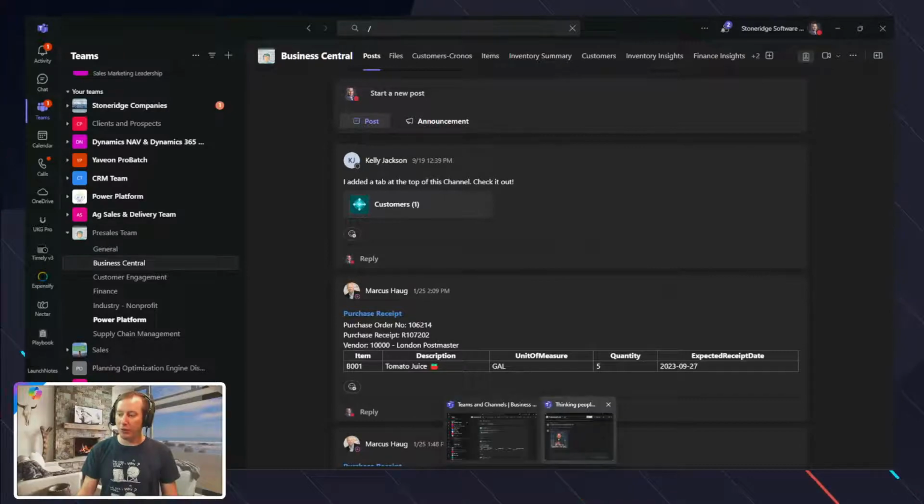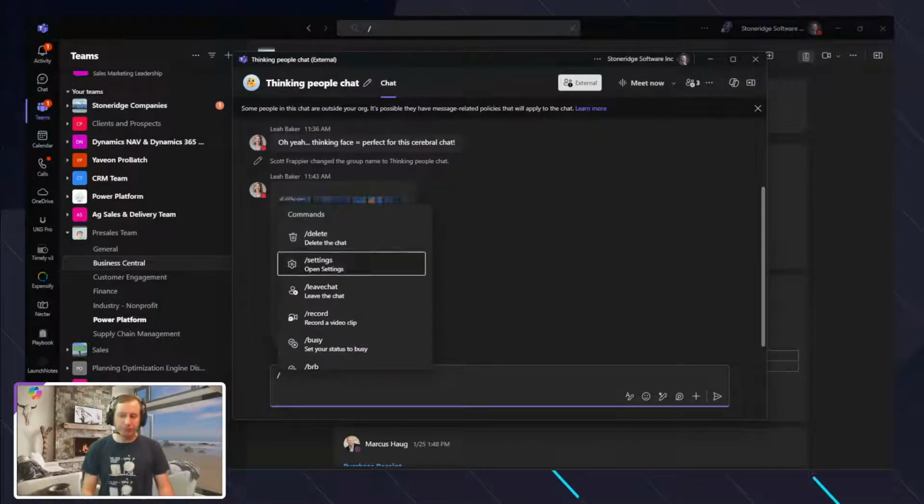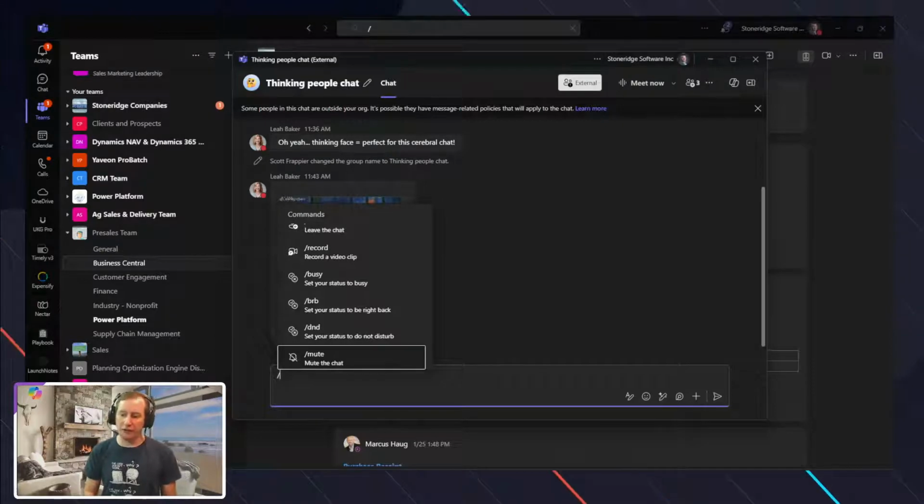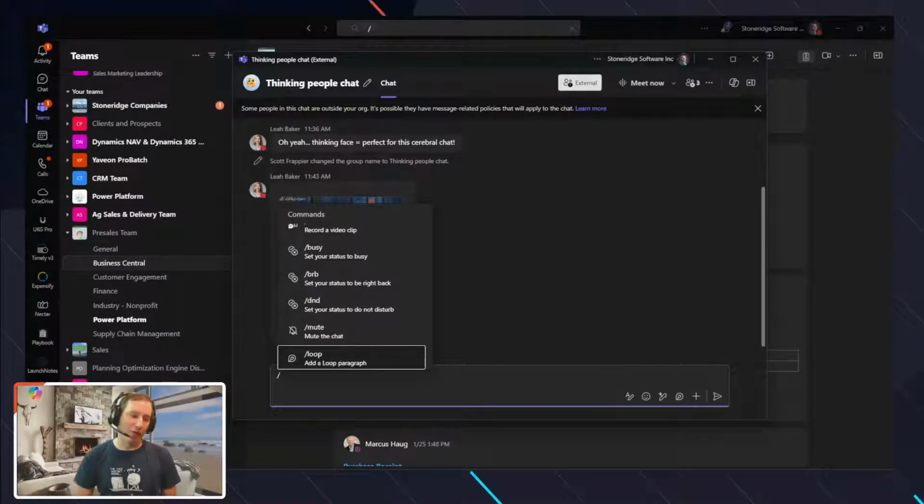And let's keep building a little bit more off of that. As an example, let's make it so that I want to do what's called a loop paragraph. Loop is a concept where you can snap in different types of controls that make a chat more interactive or trackable, or it's a component of a paragraph that maybe you use somewhere else. Loop in itself is a component framework. I almost view it like, imagine InfoPath back in the day, those forms. Imagine being able to take that and embed it inside of Word, PowerPoint, Excel, whatever it is. Well, Loop is kind of that concept.